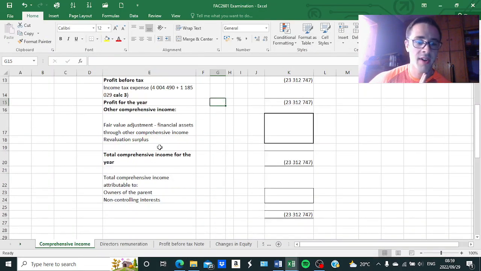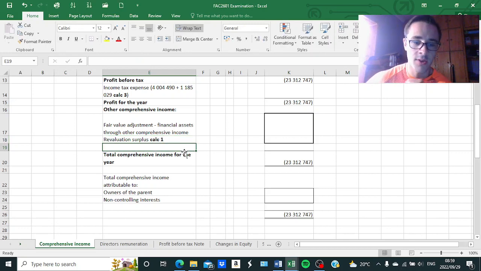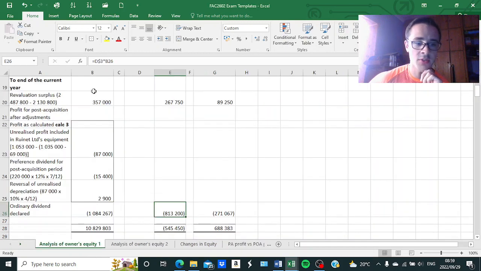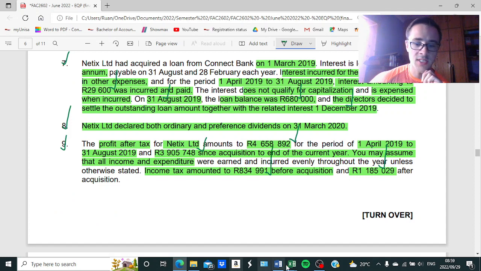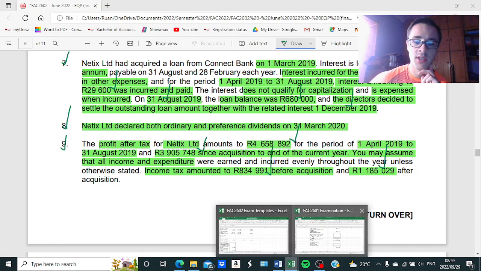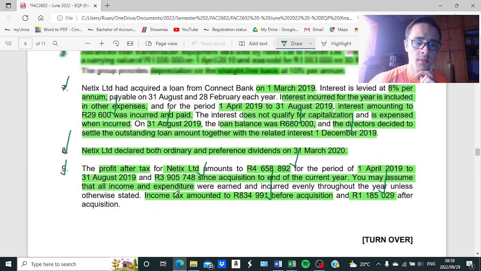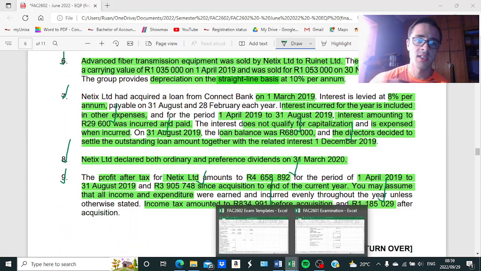Okay, and then your revaluation surplus. Remember, there was a revaluation for the subsidiary, and we have shown this in our analysis of owner's equity under additional. Let me just go back here. We have shown it here. The current year's revaluation surplus amounts to 357,000. There was no revaluation in the records of Runet Limited, as per additional information, point 2. That's why I said it's important for you to first work through part 1 before you work through this